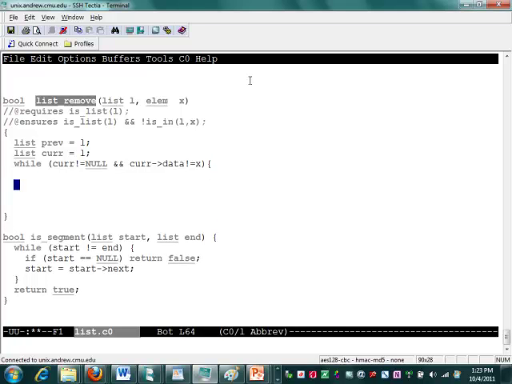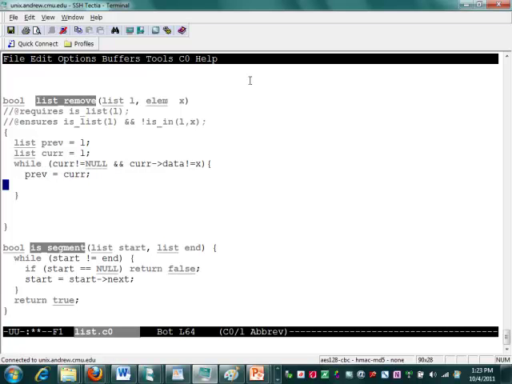And then I will try to do the following. I will try to save a copy of the current in previous. So that means I'm moving both pointers forward. And I will move current by 1 to the right. Alright, so if you look at this code, we make sure that current is not null before we can access current arrow data. And so when you come out of this loop,